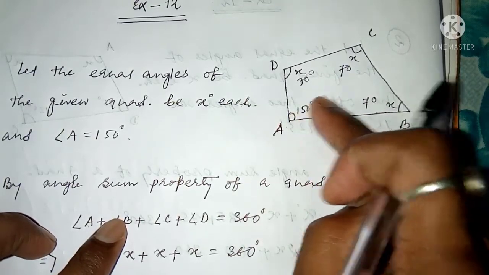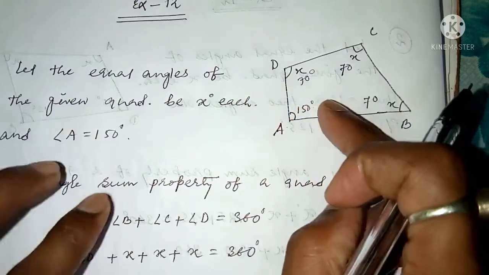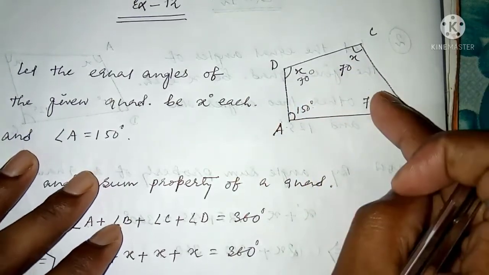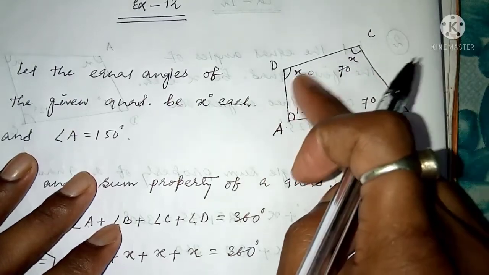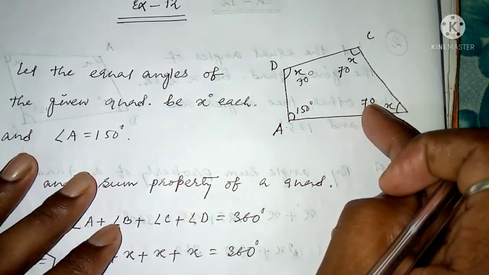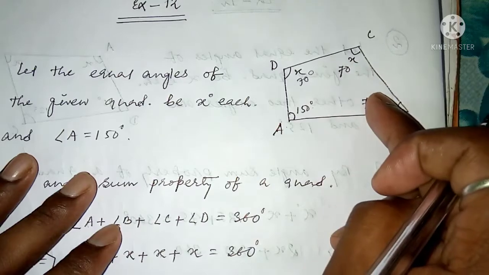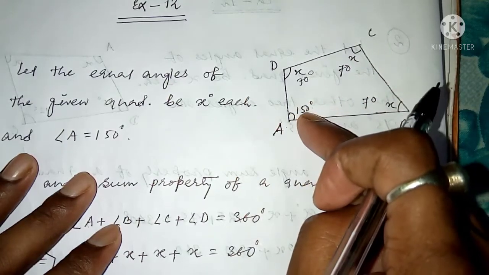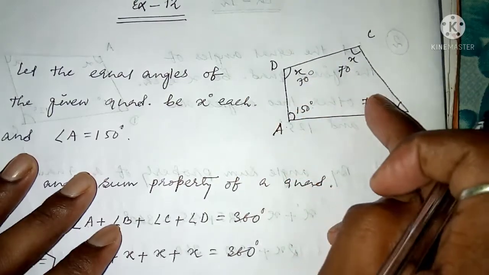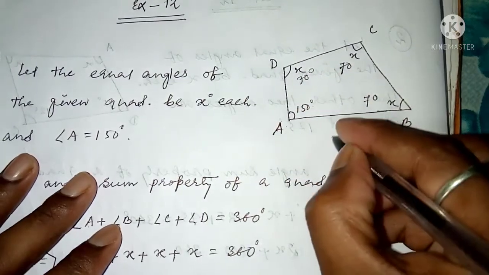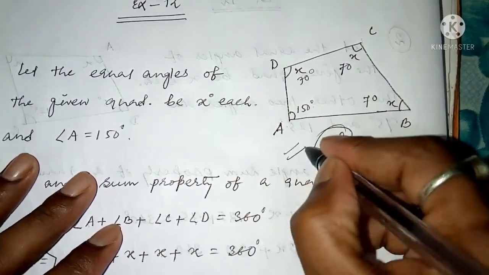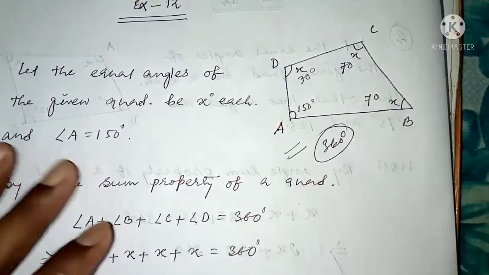If it gives me 360, then I will be clear that the value I have got here is correct. Then see, 70, 70, 70, if I add it 3 times, that is 3 times 7 is 21, it will be 210. Now 210 plus 150 will be 360. That means if I sum up all these four angles together, it gives me 360. So our answer to this question is correct.